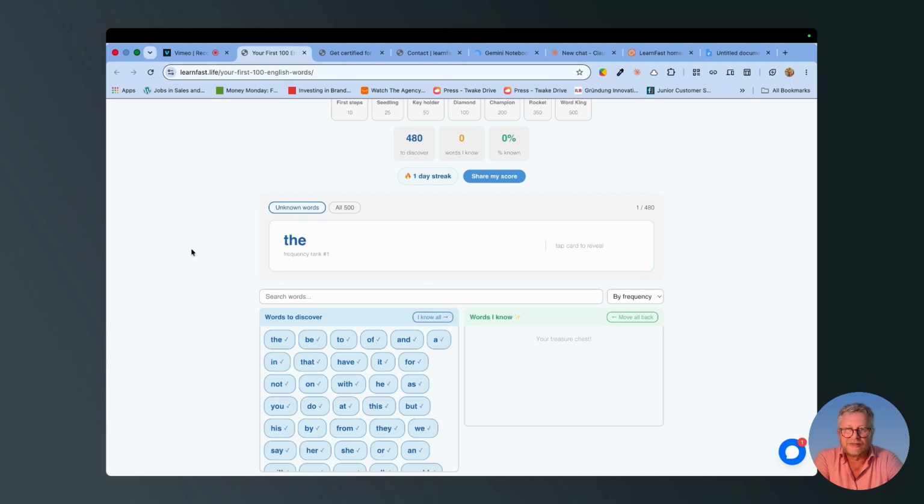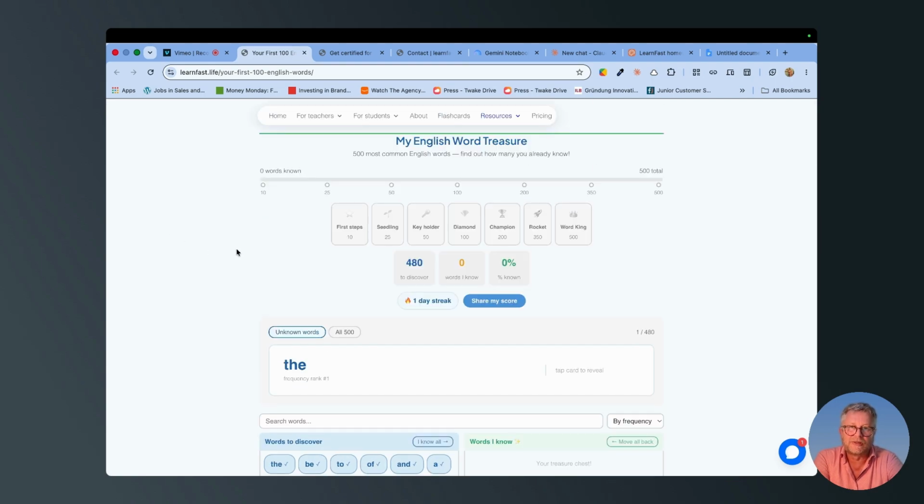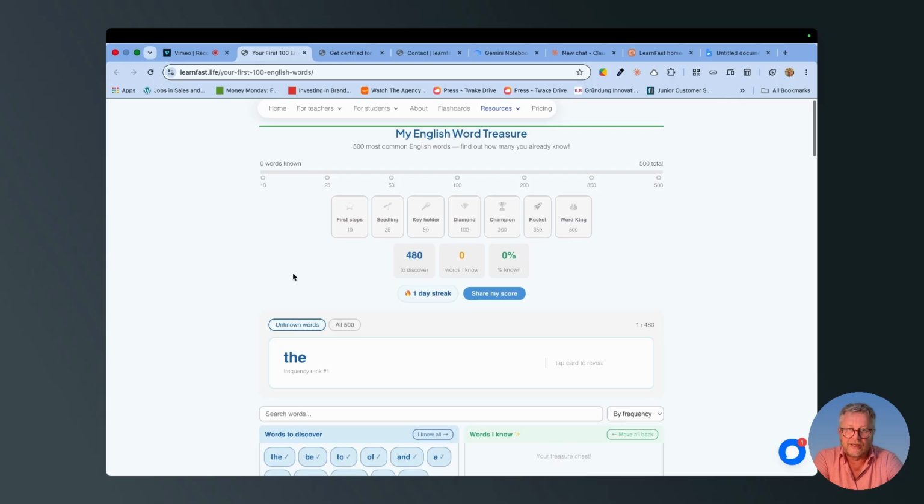And I'm going to extend this. At the moment we just have the beginner words, but I'm going to extend this to have more advanced words, another treasure chest if you like, and then we can also do it for specialist vocabulary and so on. But as I say, to begin with, this is the beginner words, and if we go down here,